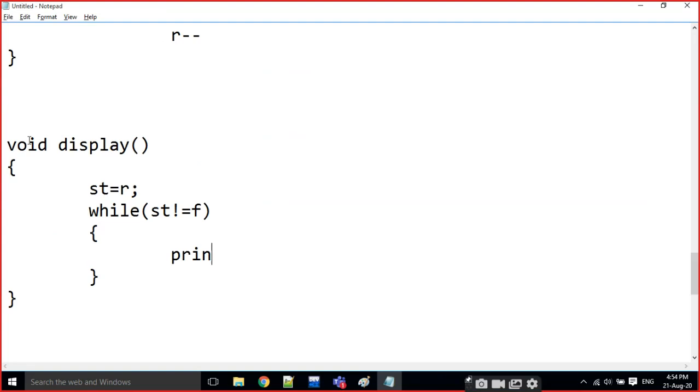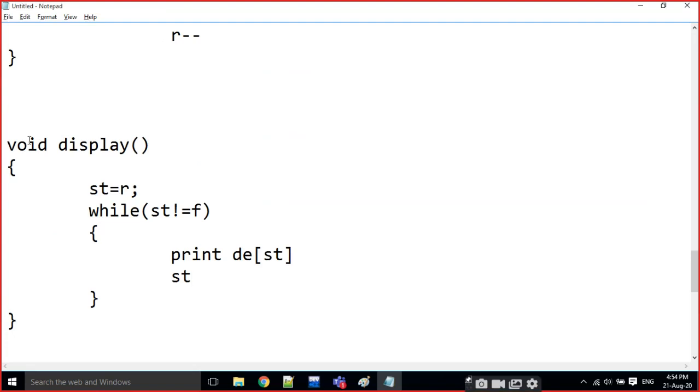I am going to display DQ of st. But here I am not decrementing or incrementing. Instead of that one, I am going to write st is equal to where I started here.